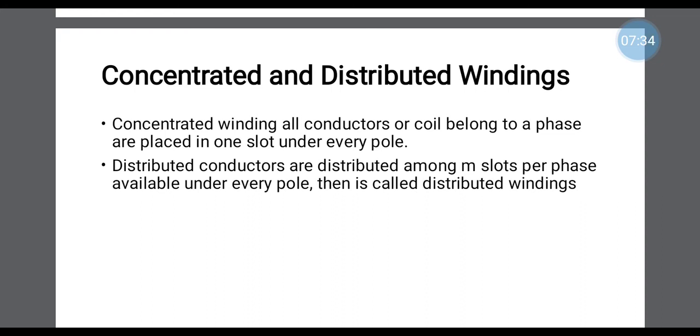So if the total number of slots is 18 and the poles are 2, n will be 9 and m will be 18 divided by 2 divided by 3. Sorry, n equal to 9 and m equal to 3. So we have 3 slots per pole per phase available. So now n number of poles per phase are placed under